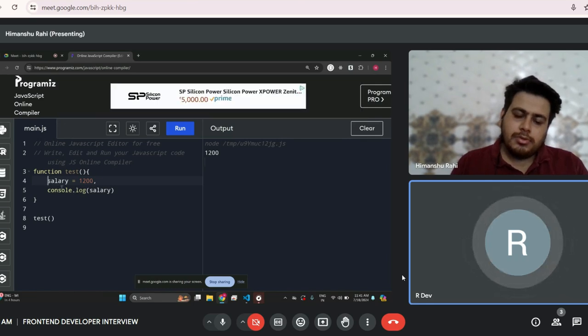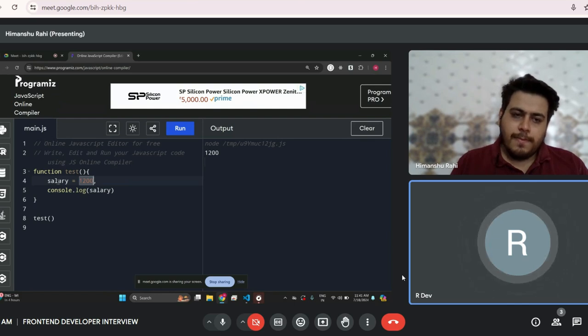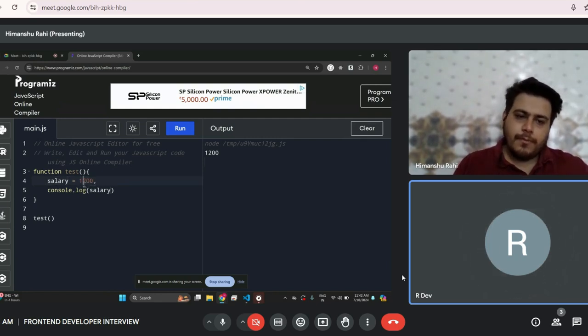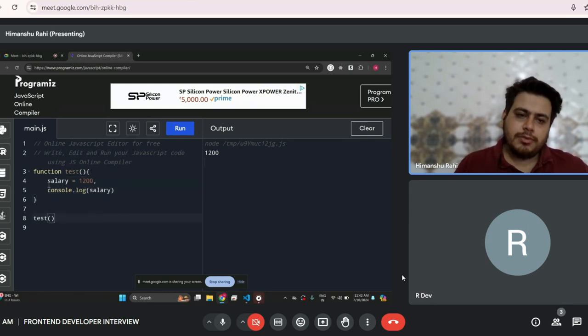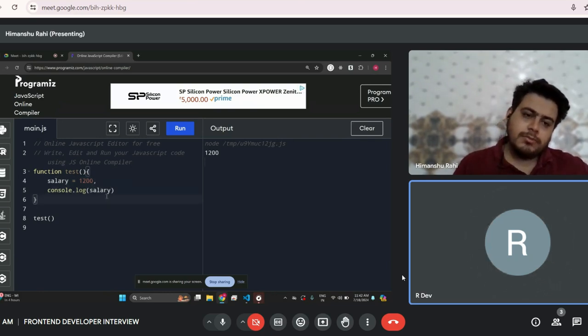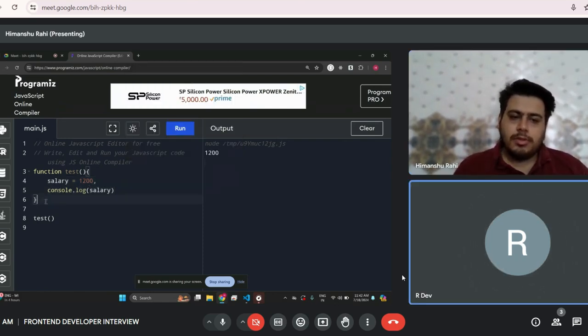Suppose if you have written this, we shouldn't be receiving the value, because it is a wrong practice. So to avoid this kind of situation, what will you write? You can write many variables without any types, so you should be receiving one kind of message. You have to avoid this, and you should receive some message that you haven't written any type. Any strict checking, just give me an idea. Use strict, right? Yes. Can you write it where you will write it,